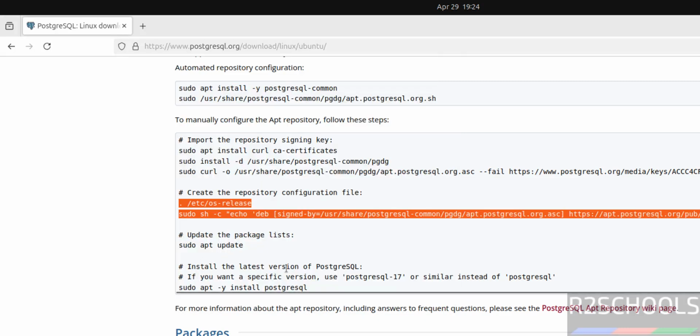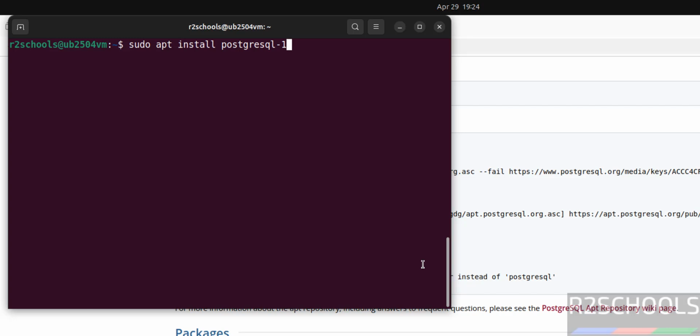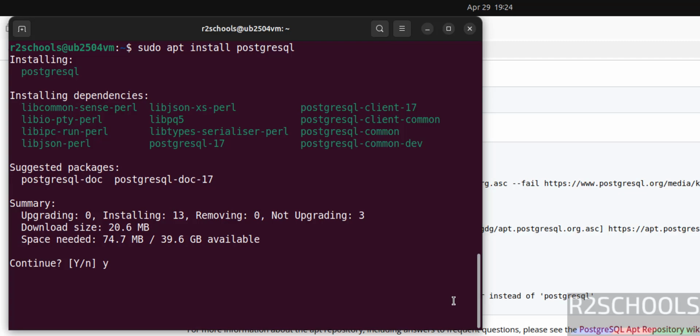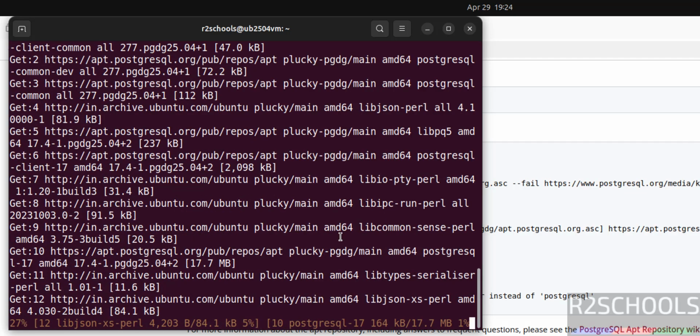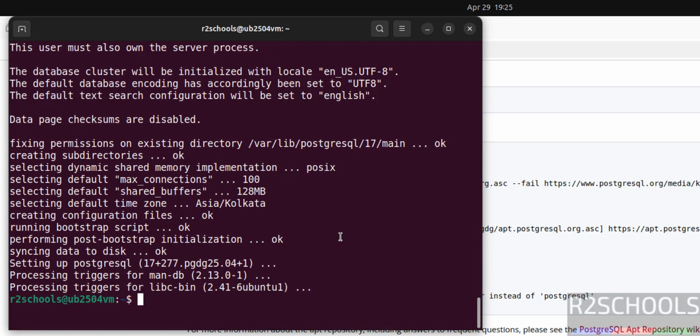Now install the PostgreSQL server. So sudo apt install postgresql. If you don't give any version, it will install the latest one. But if you want to install a specific version, like 17, give 17, 16, give 16, 15, give 15. Okay, I want to install the latest version, so I won't give the version. Hit enter. Type A for confirmation and hit enter. See, we have successfully installed, and this is the data directory or main directory,